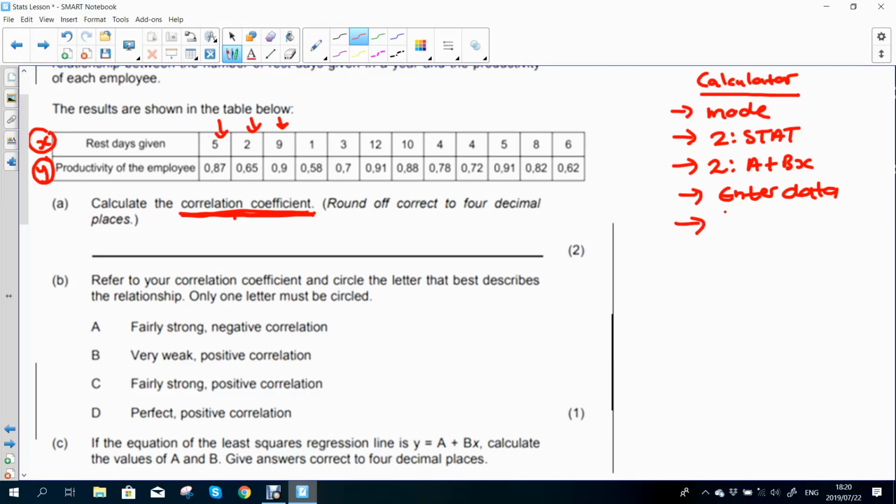And when you are done, you are going to press the AC button, and again you go to Shift 1. Shift 1. And now you are going to choose the option that says REG. In the silver calculator, it's number 5. I'm not too sure what it is in the blue calculator, but you want to look for this one, REG. And as soon as you go in there, you have multiple options, and you're going to use all of them later on. But the one you want is number 3 for the silver calculator, little r. This is what we call the correlation coefficient.